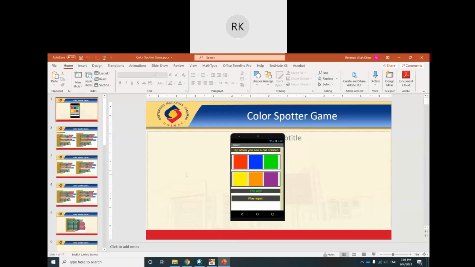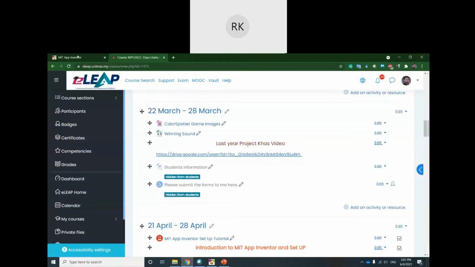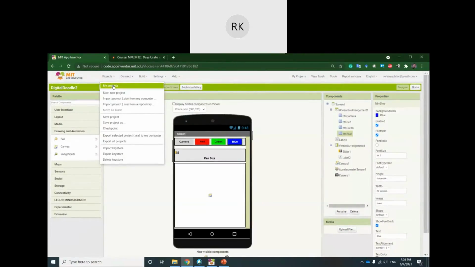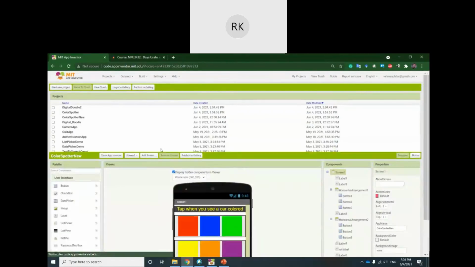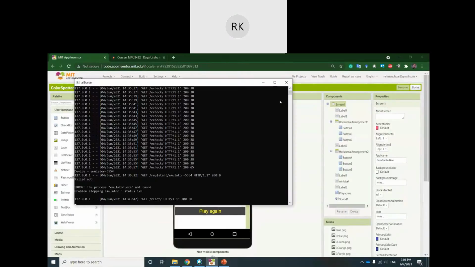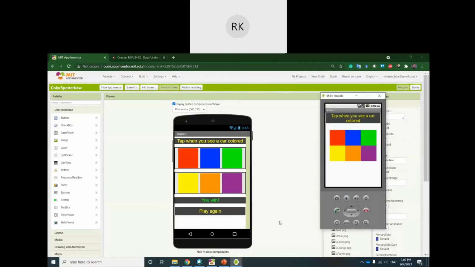Then we will start. I will slowly start. Let me show you a demo. I have already tested this one, and we will design it later, but I have already designed it one time. While you are downloading the images and the sound, I will show you this. This is the game, and it is running, so I can show you through the emulator. You see here, when the game runs, the "You win" label and the play again button are invisible, only the six buttons are there.